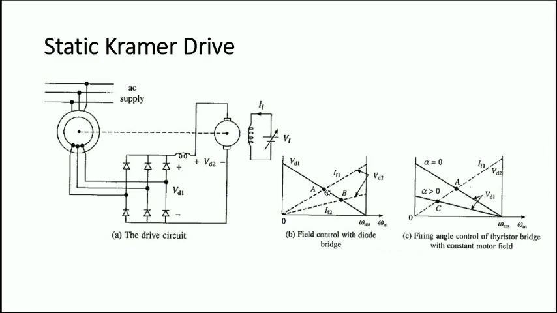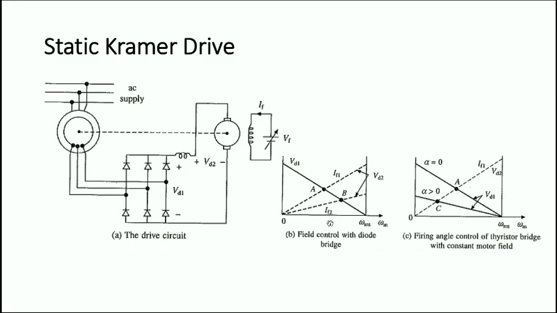If you are considering, there are two points, A and B, which are given. The steady state operation is obtained when VD1 is equal to VD2. So for the IF1 field current, this is the steady state operation. You can see this is the speed at that time. And for VD2, when your field is IF2, B is the operating point. According to B, this is the speed of operation of the drive.